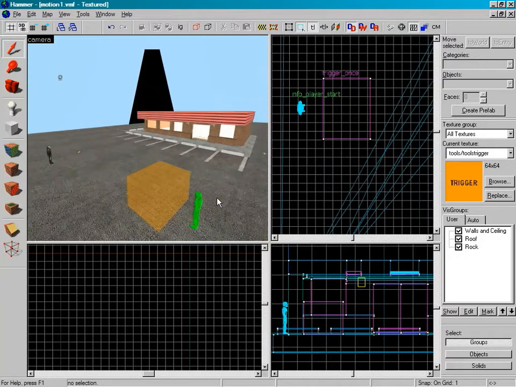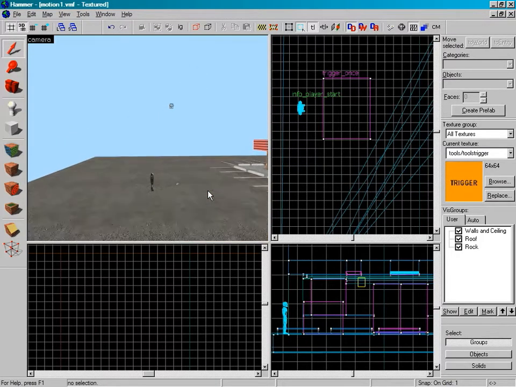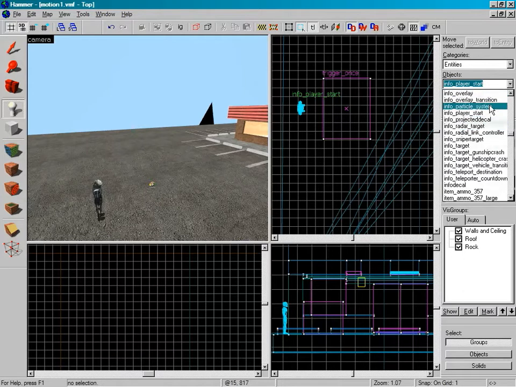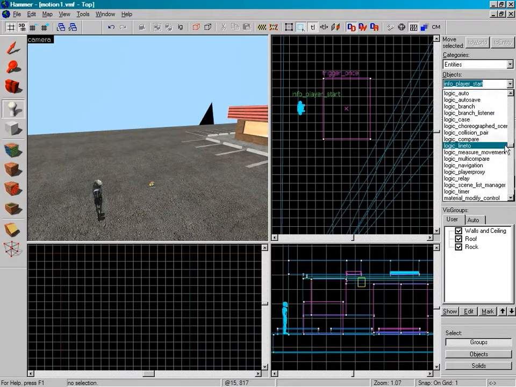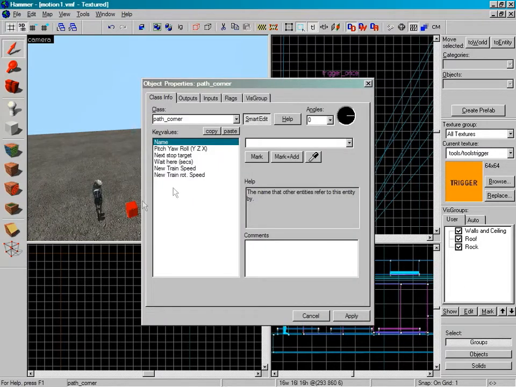Now we need to create a path for him. We do this using an entity called a path corner. So go to the entity tool and pull up path corner. Let's see, P comes after N. I know my ABCs. There it is. Okay, go ahead and place one of these in front of our guy here, then press select and double click on it. It's important to give this first one a name. I'm going to call it walk path. Then hit apply,